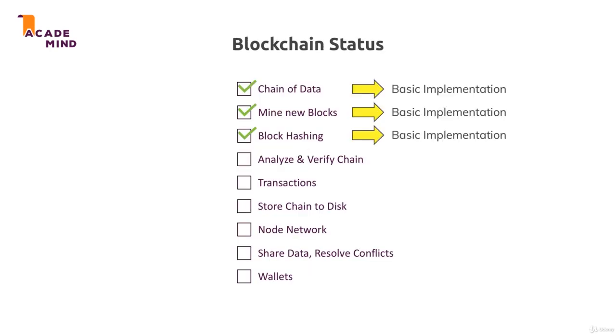What about our blockchain? This is where we finished. We had our basic chain. We were able to mine new blocks. We were able to add new numbers, to be precise. And yeah, we hashed it kind of, which means we always included the last value in the next element we added to our chain. Well, in this module here, we also added some logic to analyze and verify our chain,